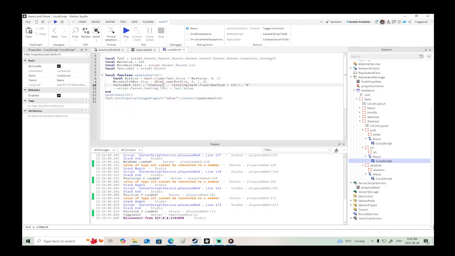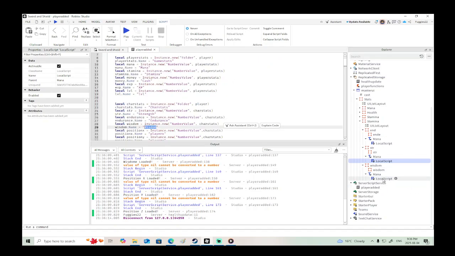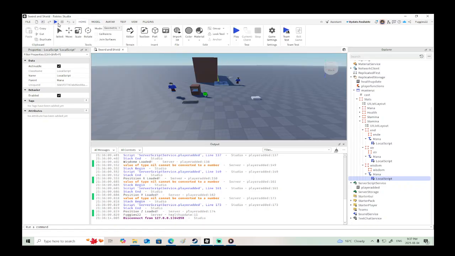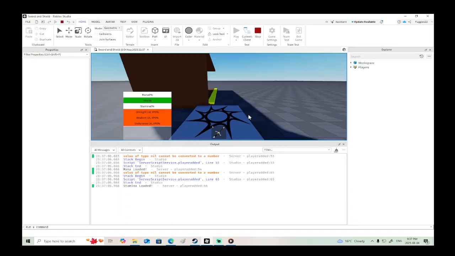Strength level XP. And this one will be wisdom. Alright, so now when the player joins the game, they can see that